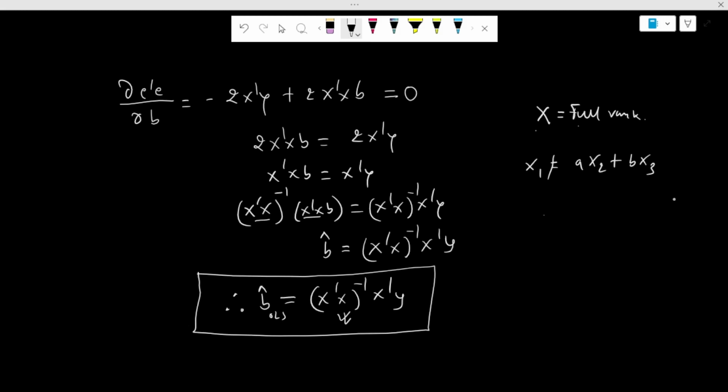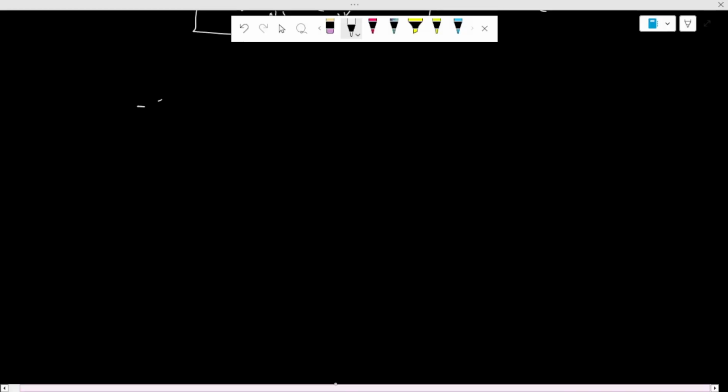In other words, the full rank condition means the rank of matrix X should be equal to the number of its columns, and the number of observations must be greater than or at least equal to the number of columns. If we don't have full rank, then we cannot calculate the inverse of X transpose X, because in that case the determinant would be equal to 0. So we had set the first order derivative to 0, and if we operate it,